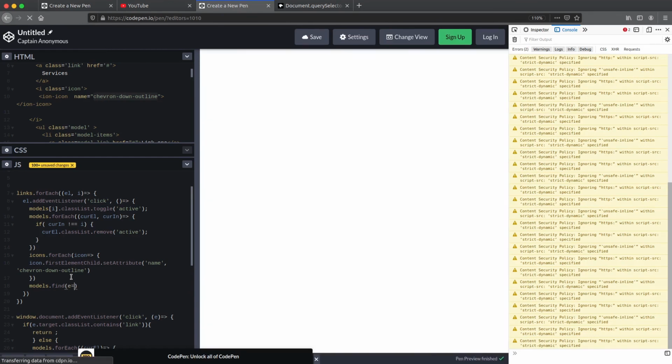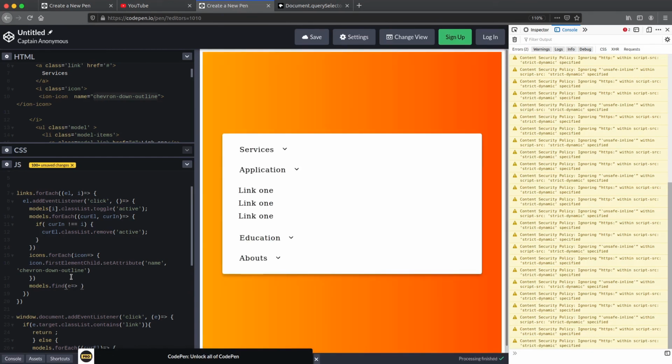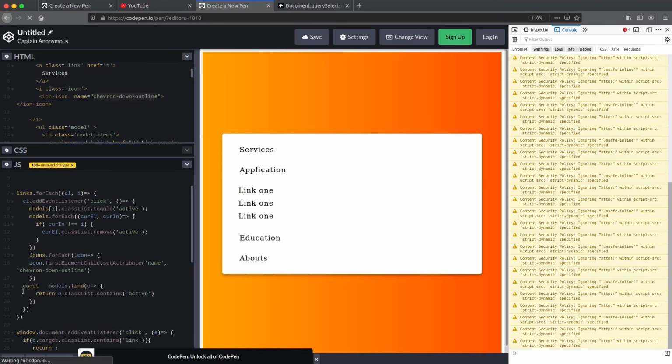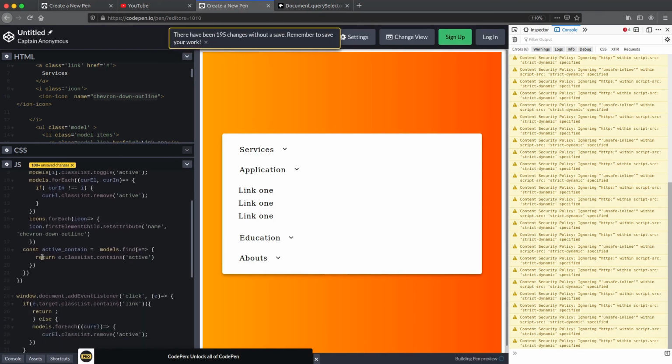So we need to return e that contains e.classList.contains active, and I want to store this active one in a variable. How about the name activeContain? I think it's not a nice name but acceptable.